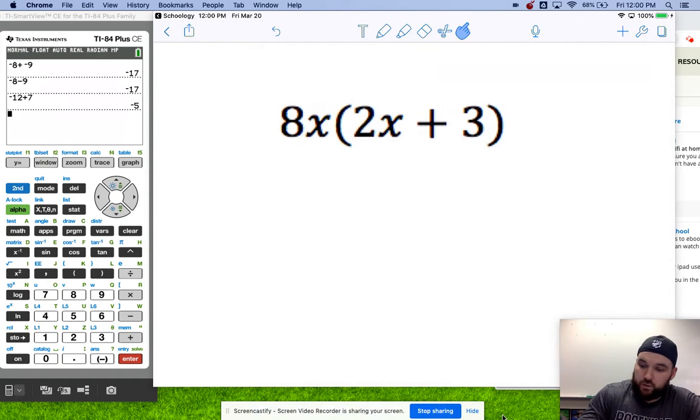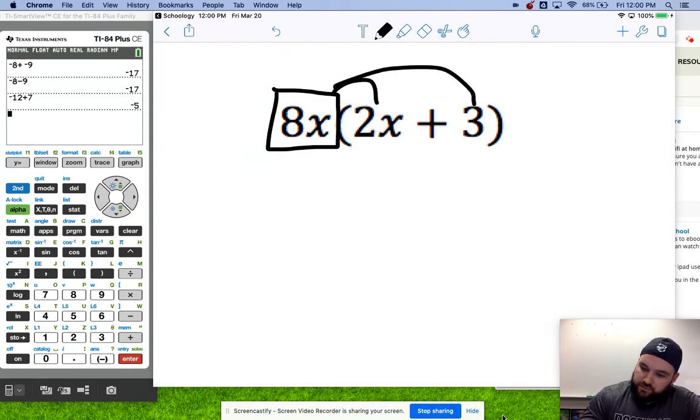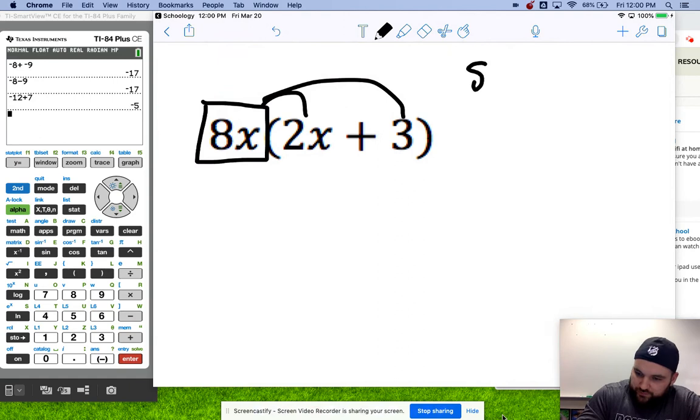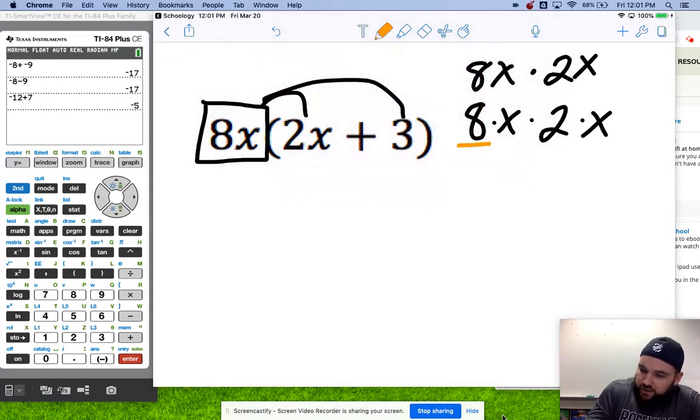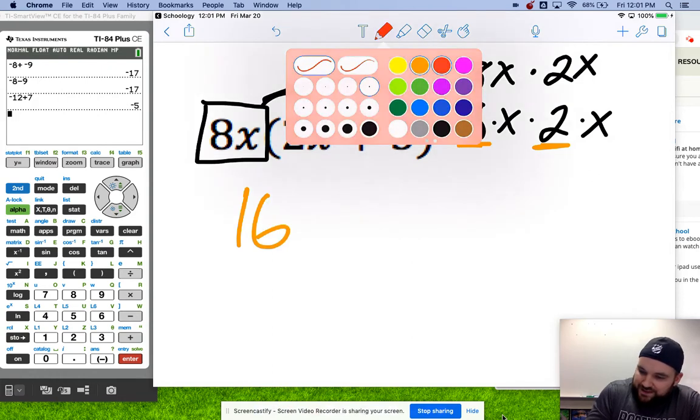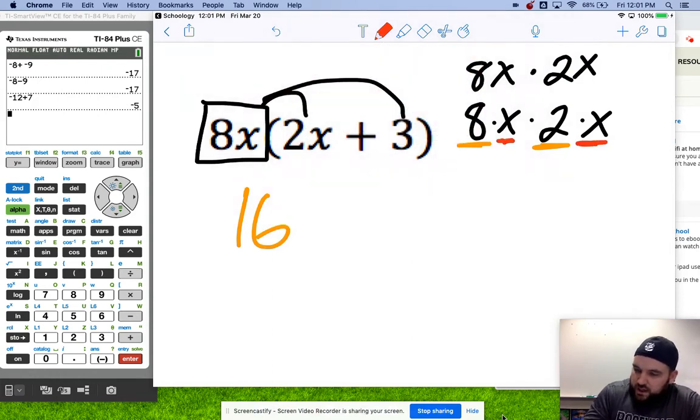Now this is kind of what we're getting into today. What happens if I want to take something like 8x and distribute that through something like 2x plus 3? Well, if I have 8x multiplied by 2x, another way I can think of this is 8x is 8 times x, and 2x is 2 times x. I'm going to go ahead and multiply. I can multiply the numbers together to give me 16, but then I'm going to multiply the x's together, and we know that if you take x times another x, I can write that shorthand as x to the second